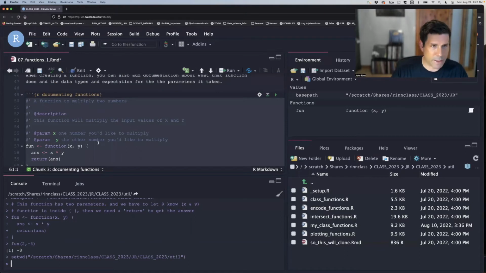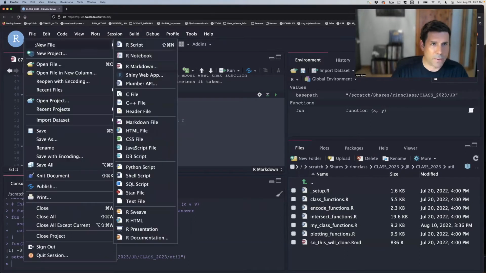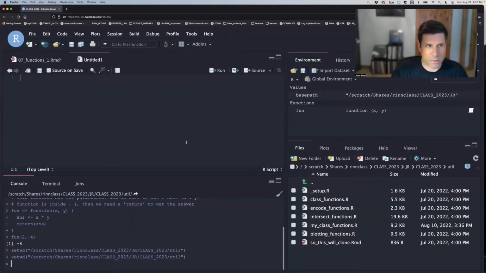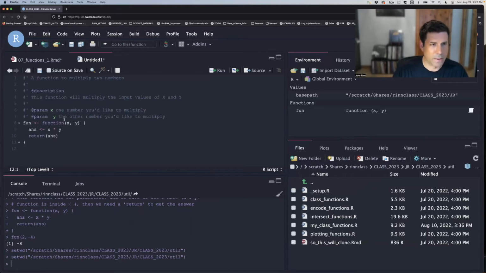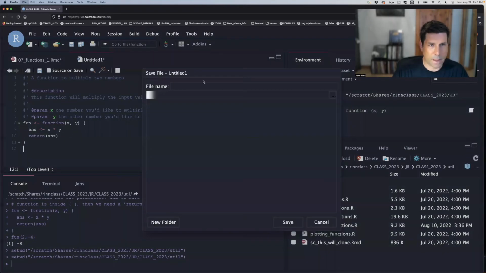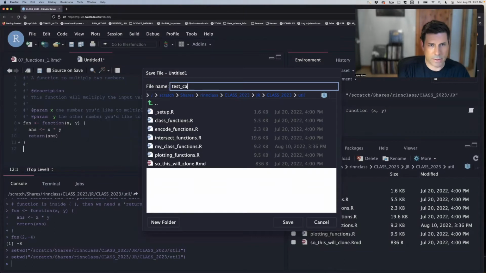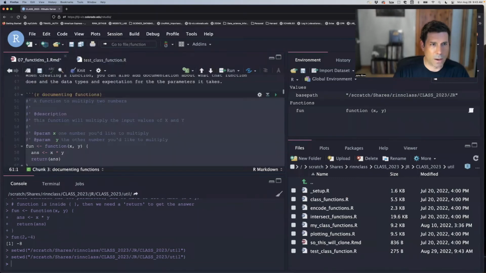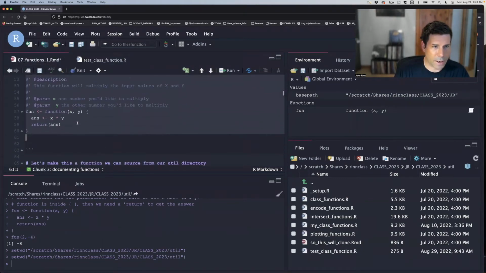Okay, so I've copied and pasted this. Now I'm going to do File, New R script. So I get a blank document here. I'm just going to triple check that. Okay, and now I'm going to paste in our function description here of fun, and I'm going to save it in my util as test class functions.r, and I'm going to copy and paste it because it's going to be handy in a second. Okay, so I'm going to save that, and then now let's go back to our markdown and run this, where